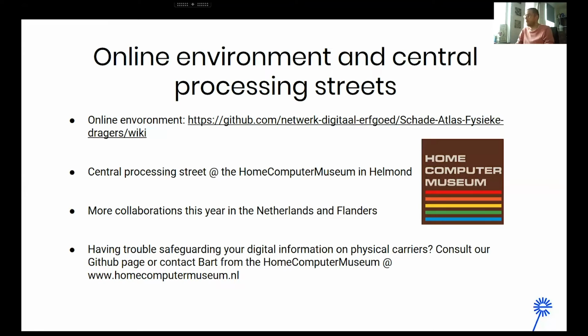So if you have trouble safeguarding your digital information, please consult our GitHub wiki page or contact Bart from the Home Computer Museum at